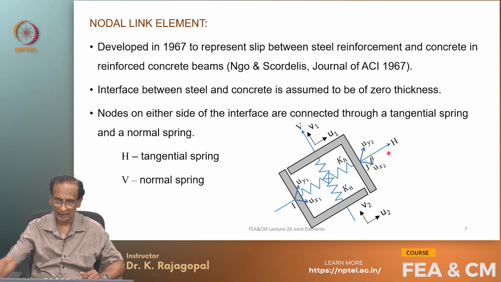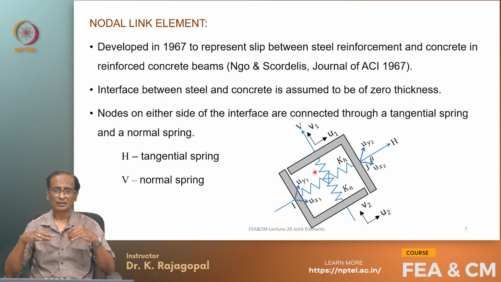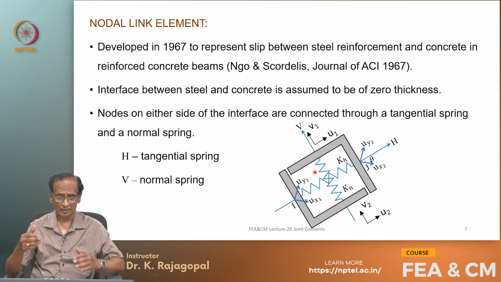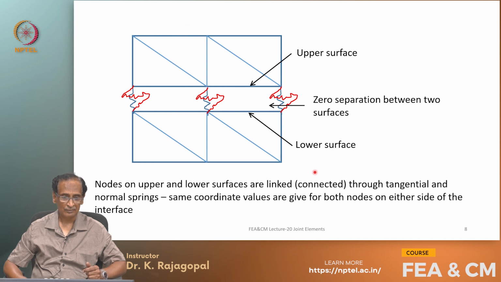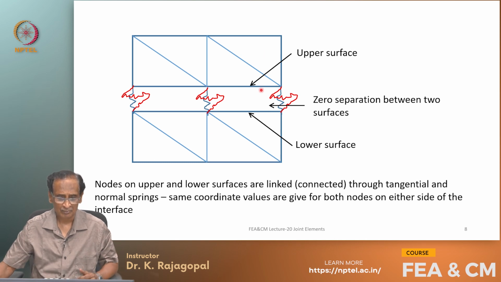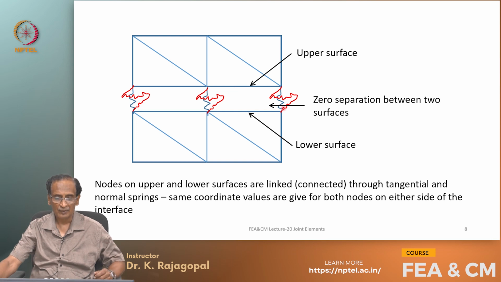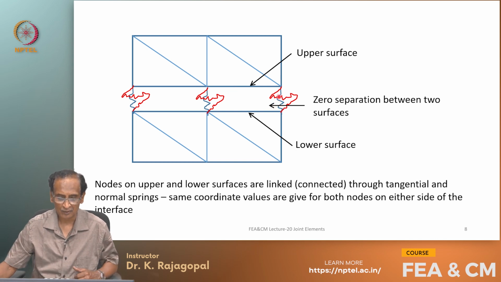And our h is the tangential spring and v is the normal spring. So, we need to define what is the tangential direction, so that we can assign the stiffness to these elements properly. And here it is, so here we have an upper surface like this and then a lower surface. One could be related to concrete and the other could be related to steel, and we have 2 springs, the black colored ones